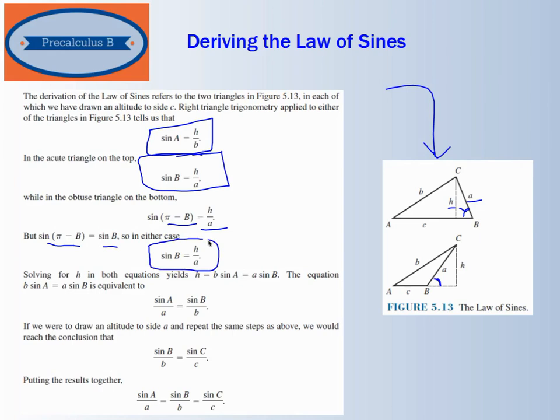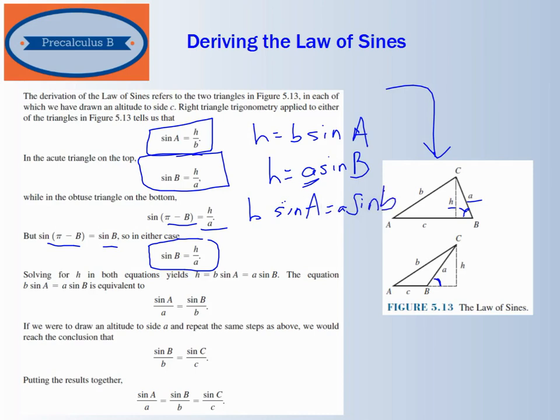All right, so solving for h in both equations, in the first one I could get h is equal to b sine A, and I could get that h is equal to a sine B. I know that that's going to be true in both cases. Now, it's not a capital A there, I apologize. It's going to be a lowercase a sine B. We use lowercase because that's the side length. Then if we set those equal to each other, b times the sine of A equals a times the sine of B, the fun thing we can do now is divide everything by